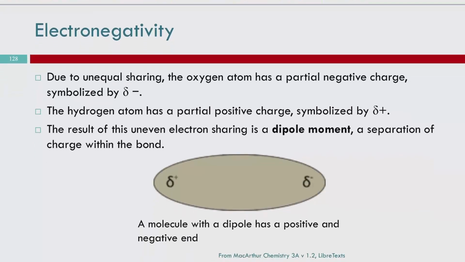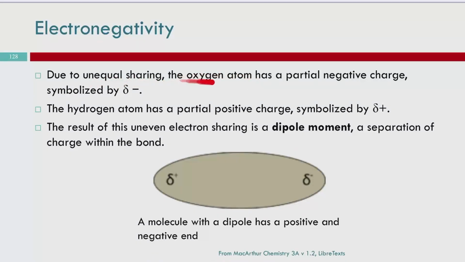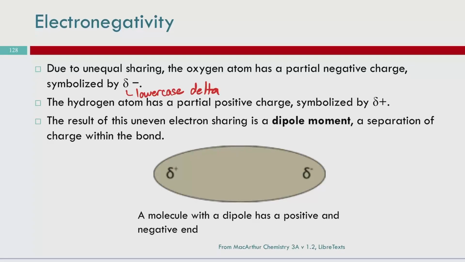So the way that electronegativity works is that because of the unequal sharing, the oxygen atom has a partial negative charge, and we symbolize that with a lowercase delta. And the hydrogen atom has a partial positive charge symbolized by delta plus. The result of the uneven electron sharing is a dipole moment. The di prefix meaning 2, and pole,